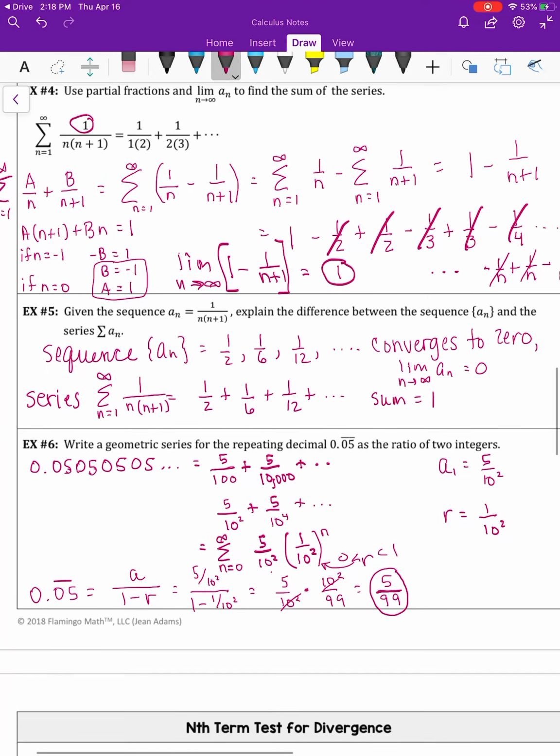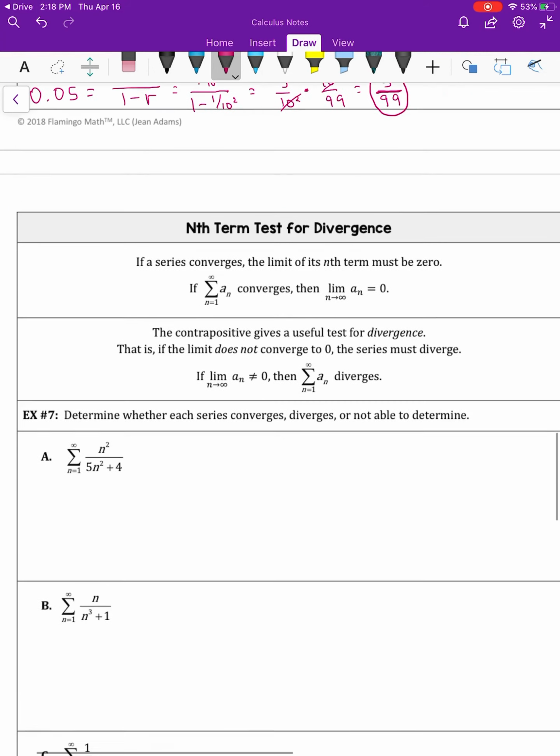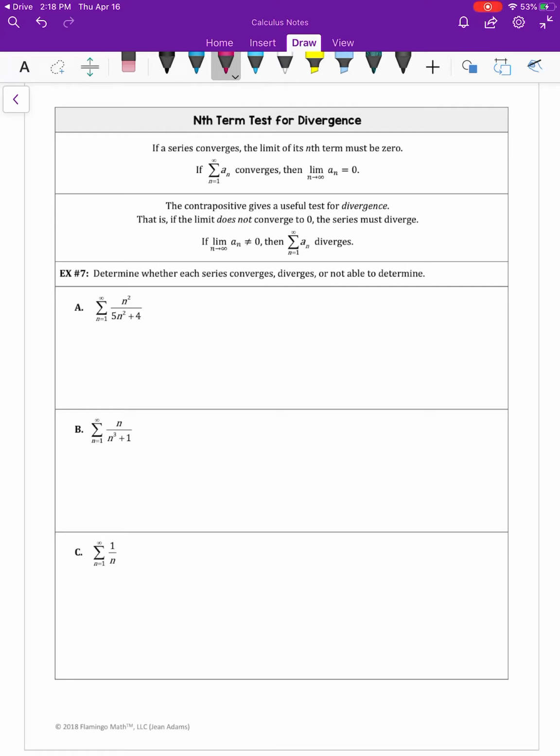this 0.0505 repeating is equivalent to 5/99. That is the ratio of two integers. If I put 5 divided by 99 into my calculator, I would get 0.05 repeating. Okay, this leads us to our nth